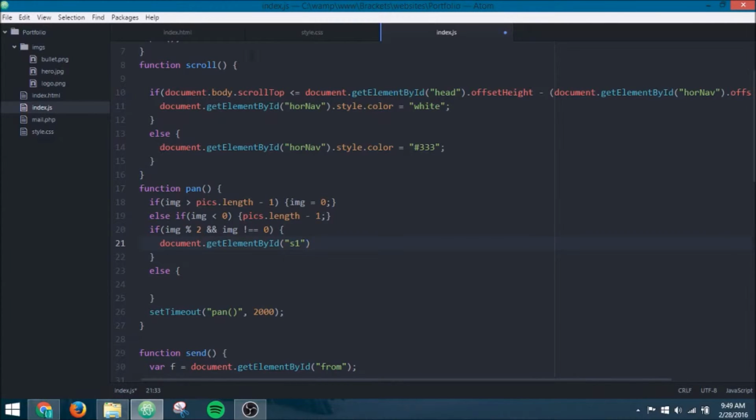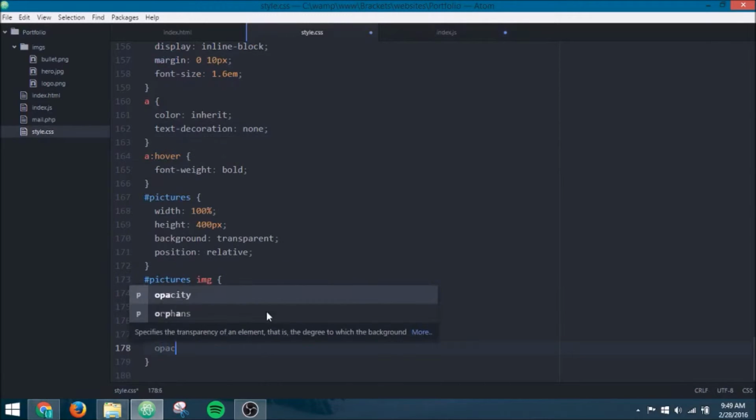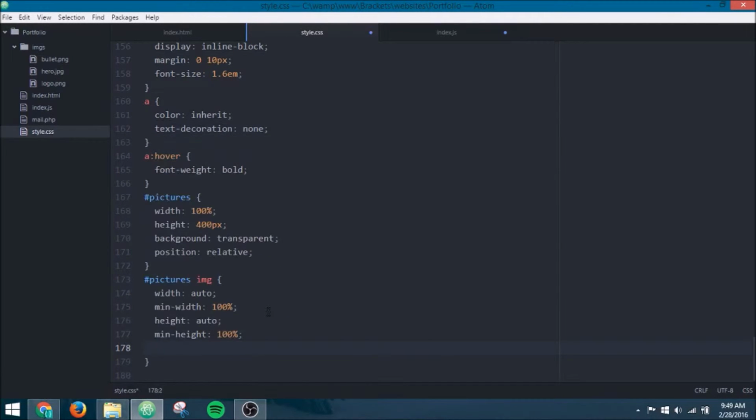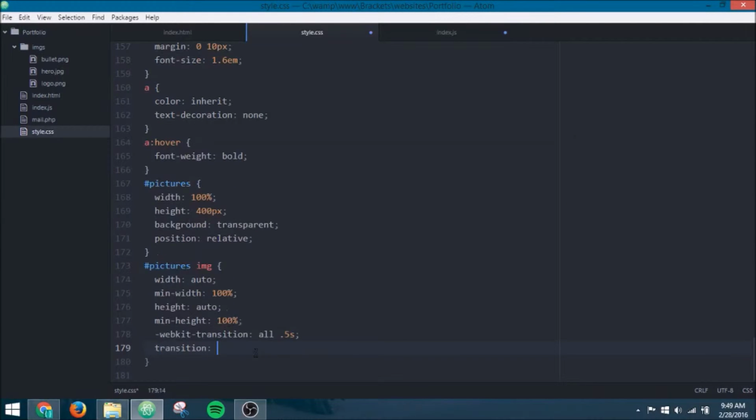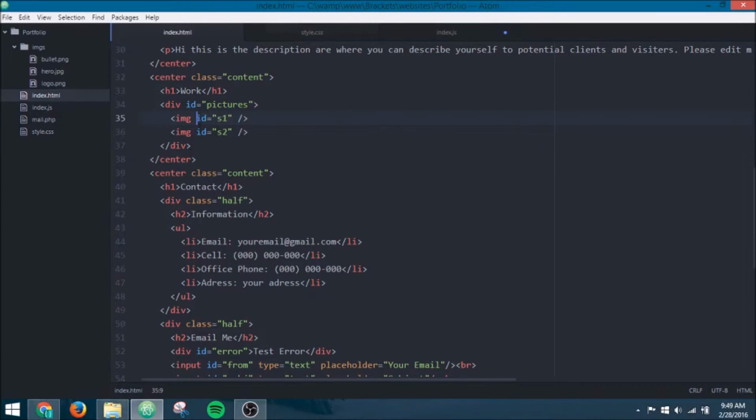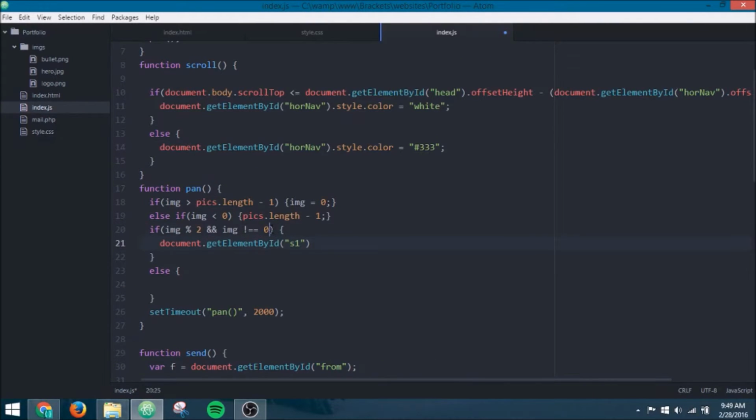Oh, and that's one more thing I forgot to do in the CSS, so let's do that really quick. Actually, we want to do transition all by 0.5 seconds. Okay, and then we want to go in here and set the style opacity to 1. That's important because this is not how I actually do it, I just remembered. We grab this and we say,